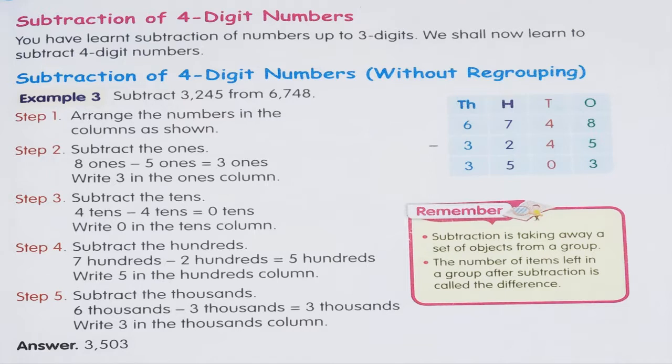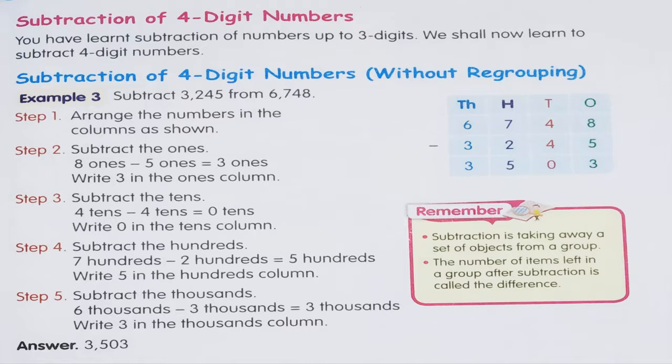Write 0 in the tens column. अब हम टेंस वाले नंबर्स को सब्ट्रैक्ट करेंगे तो 4 टेंस में से 4 टेंस को सब्ट्रैक्ट करेंगे तो 0 टेंस मिलेगा, और उस 0 को हम टेंस की कॉलम में लिखेंगे। स्टेप 4, सब्ट्रैक्ट द हंड्रेड्स। 7 हंड्रेड्स माइनस 2 हंड्रेड्स इक्वल टू 5 हंड्रेड्स। राइट 5 इन द हंड्रेड्स कॉलम। अब हम हंड्रेड्स वाले कॉलम में 7 हंड्रेड्स में से 2 हंड्रेड्स को माइनस करेंगे तो हमें 500 प्राप्त होगा, जिसे हम हंड्रेड्स वाले कॉलम में लिख देंगे।